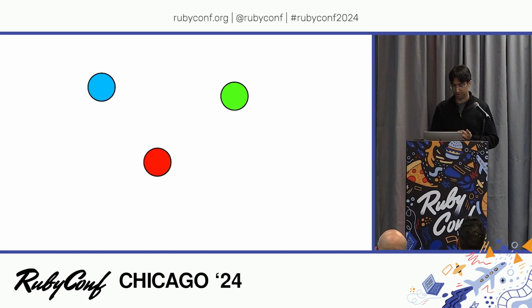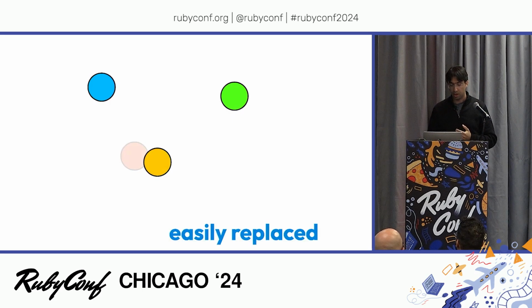And then over time, you have a population with a lot of diversity, just like the population here, which is great to see. So you've got a population, lots of diversity. We hit it with some antibiotics, and they're easily replaced. The ones that are susceptible to those antibiotics die, and the ones that are not, even if they're slightly better at surviving the antibiotics, well, that's good enough, and the population over time adapts to its surroundings. So it's not the individual, but the population that adapts over time.